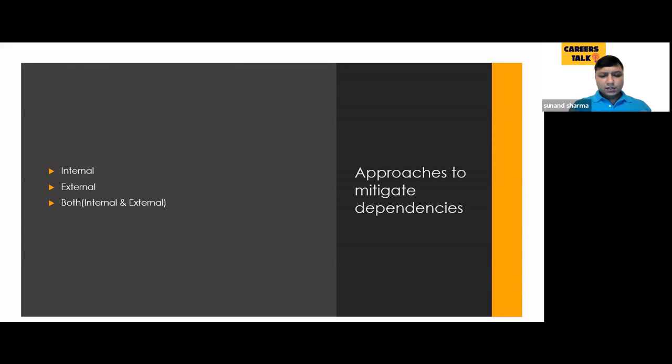Then the other thing which we can do, for both the internal and the external team, is to use the different agile events. So try to utilize those events. For example, you can set up recurring check-in meetings with the teams you depend on or who depend on you, both-way check-ins to keep the shared requirement in front of everyone. Then we have the stand-up. Try to attend the stand-ups whenever it makes sense. Of course, you need to take their permission, and they can also come and attend yours. In this way, it's really going to help.